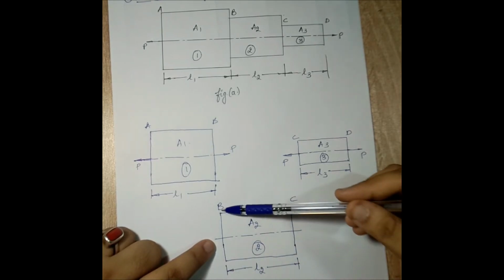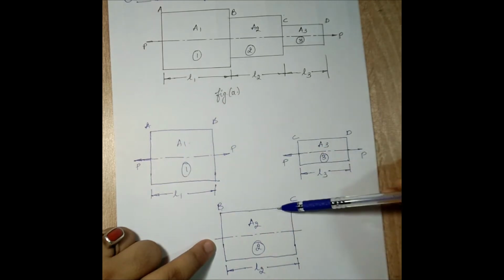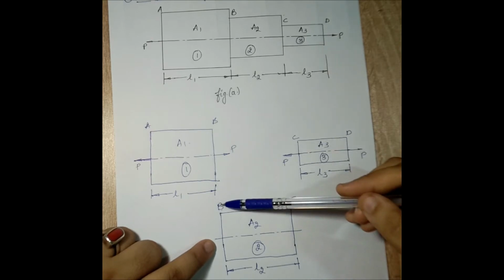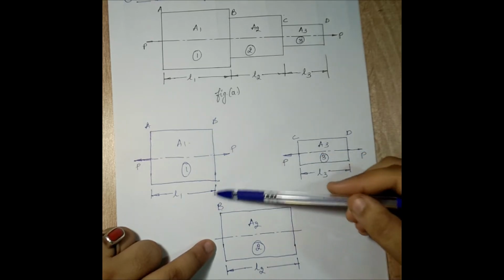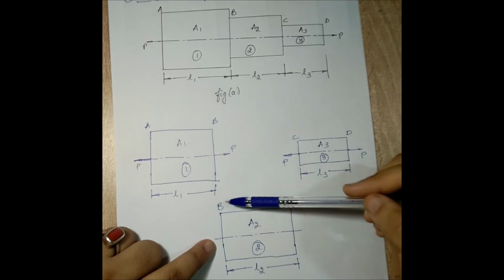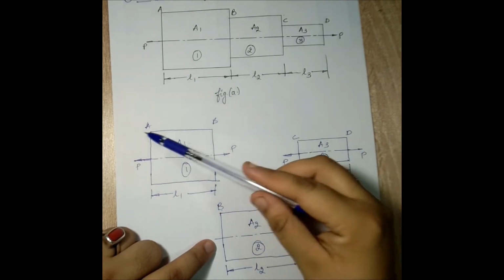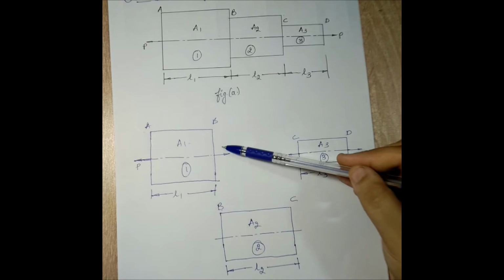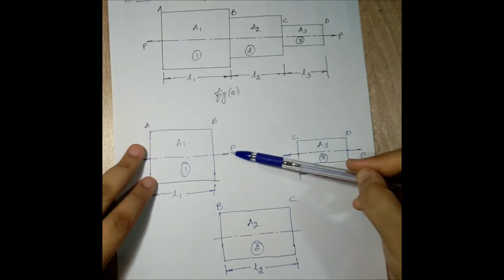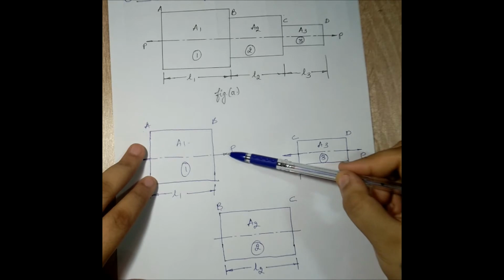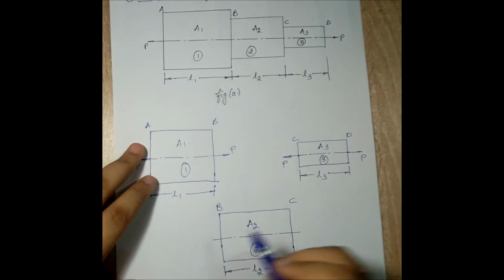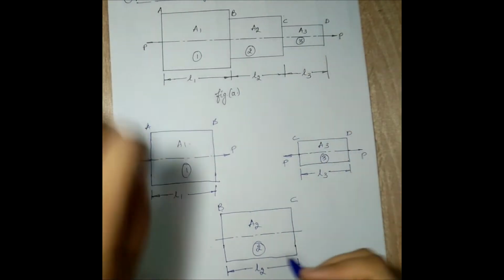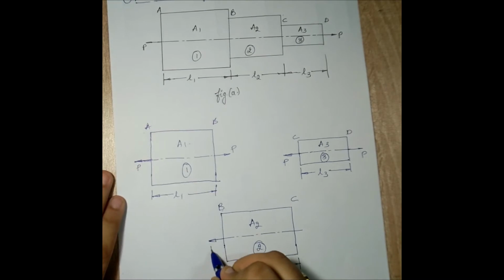Now, you can see that B is a shared portion between AB and BC. Similarly, C is also a shared section between BC and CD. So we will have to look at the other section as well when I am solving for a particular section. For example, if I am talking about B, I will also have to look at bar AB because B is present in AB as well. So when I look at this portion, I will see that P is of tensile type. Since this is of tensile type, obviously this will also be of tensile type because the entire bar is being pulled. So there is no question of compression coming into the picture. So I will draw tensile type over here also.